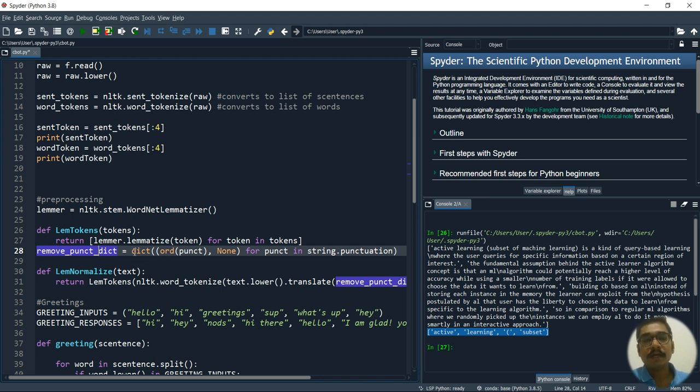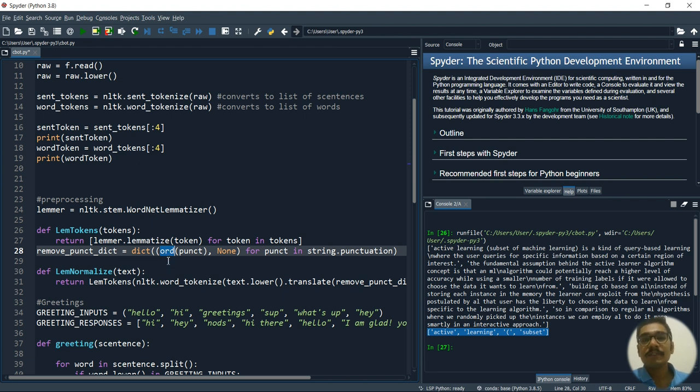So those things are put into a dict. Okay, so dict is a dictionary. You make a dictionary in this way, and the main operation that you want to do is convert all the punctuations into an integer. That is done with the help of the ord function.